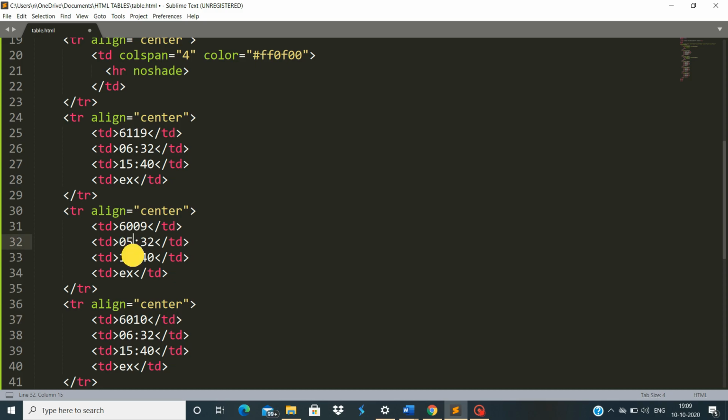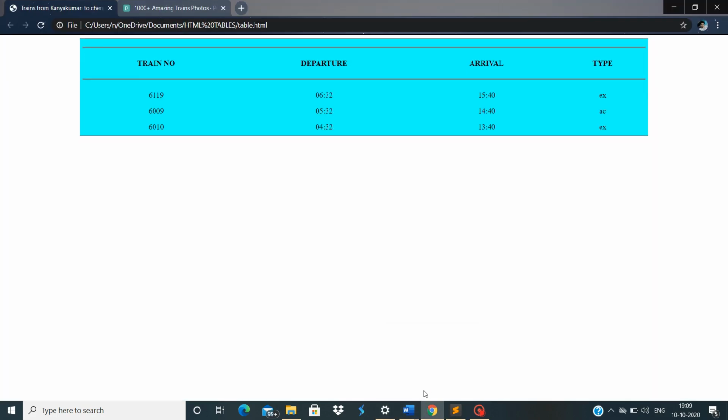Just an example, so I'm not looking too complex. See, now this is how our table is looking right now.